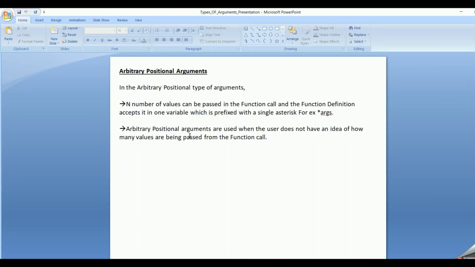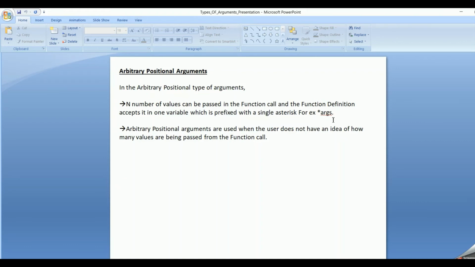Third type of argument in Python. Now let's go to arbitrary positional arguments. In arbitrary positional type of arguments, n number of values can be passed in the function call, and the function definition accepts it in one variable which is prefixed with a star, like star args.